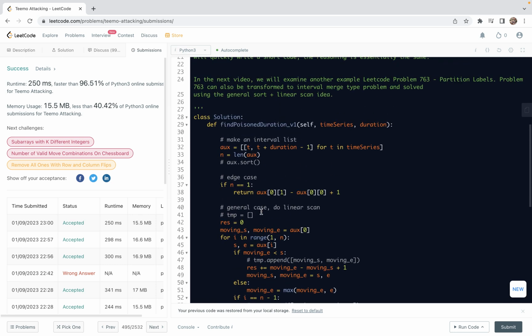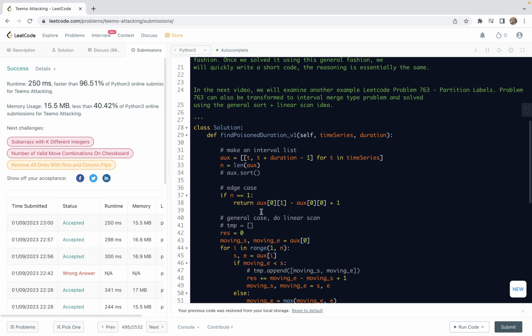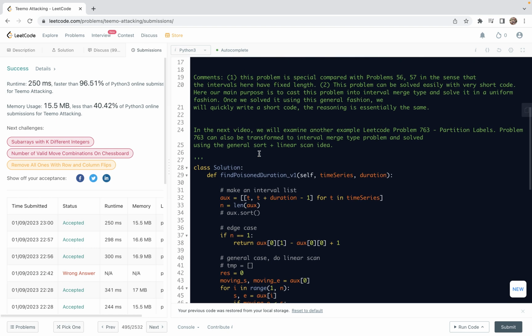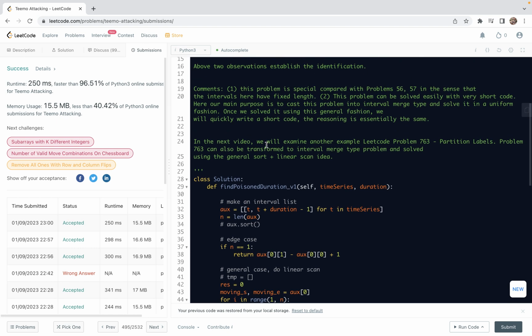Notice that all these problems can be cast into the interval merge type problem, as demonstrated in version v1. Actually version v1 puts this in the general idea. So it's good to solve different problems using the same line of idea, or solve the same problem using different methods. So here are the former. As we mentioned, in the next video, we're going to examine another problem,